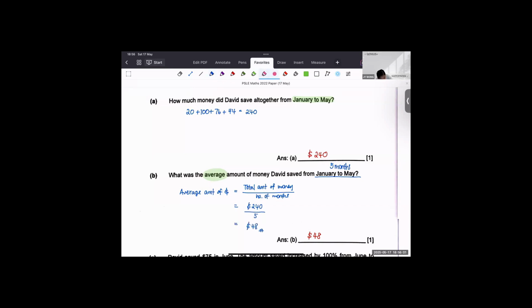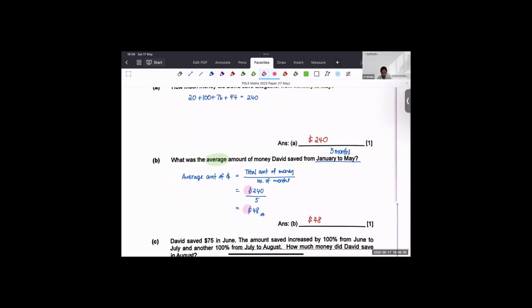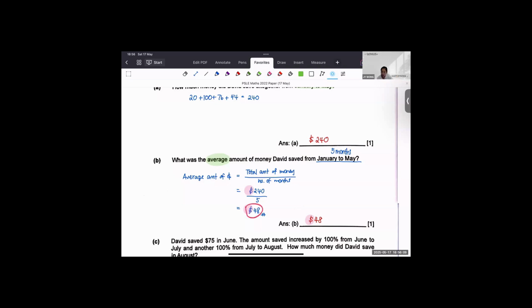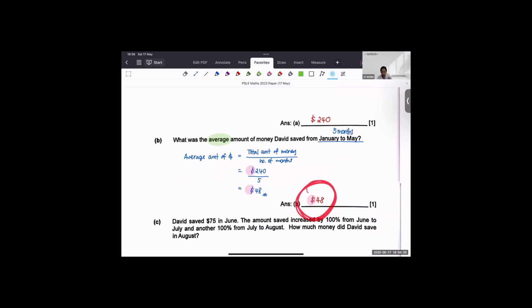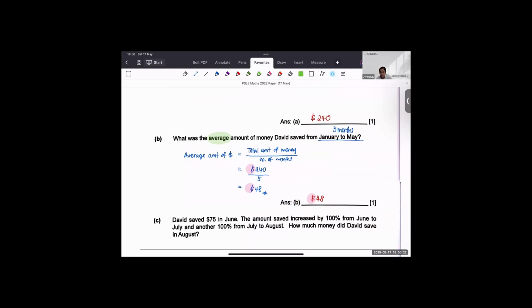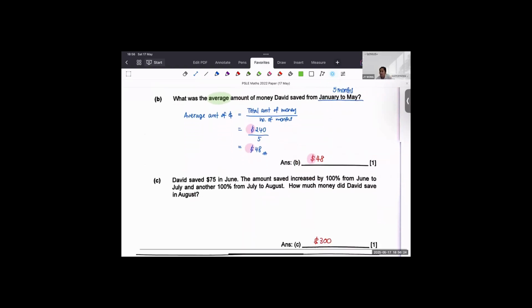Okay, you do not have to write units if you are not consistent about it. I'm writing so that you know what my values are. This is talking about the money. So you'll be very clear, 240 is the dollars, and 5 is the months. So you don't have to write units in your working, in your equation, but your final answer must have the units of measurement. Okay, now, next,